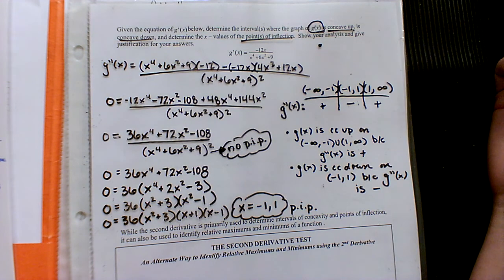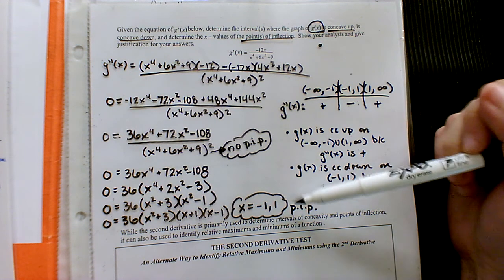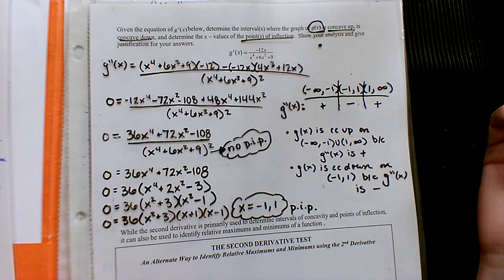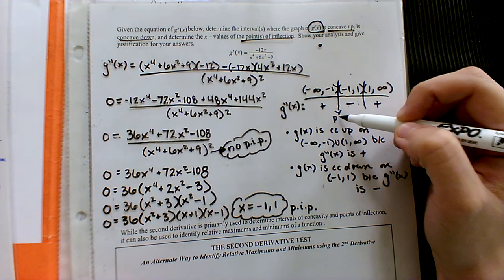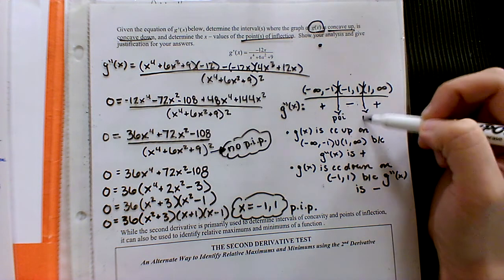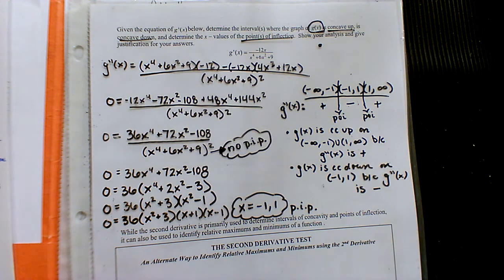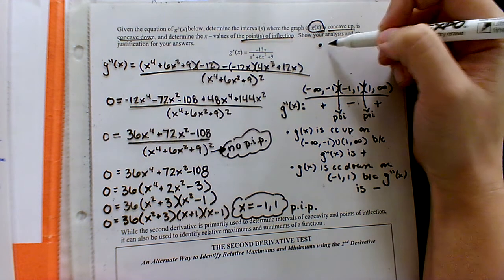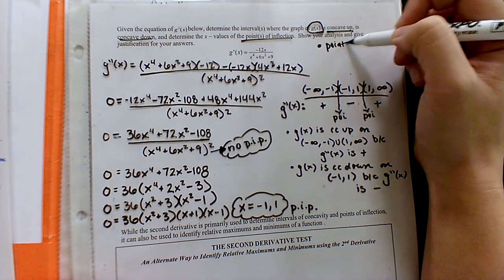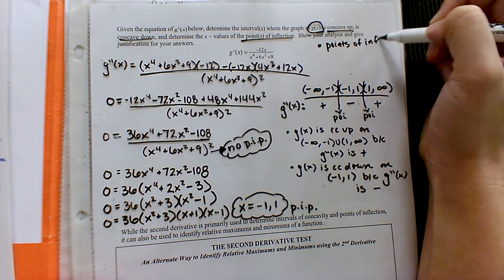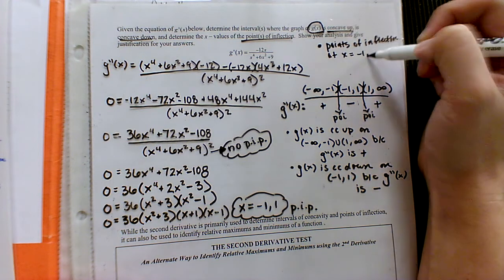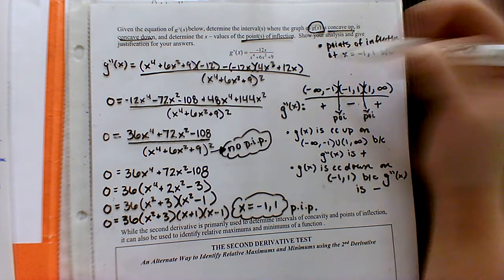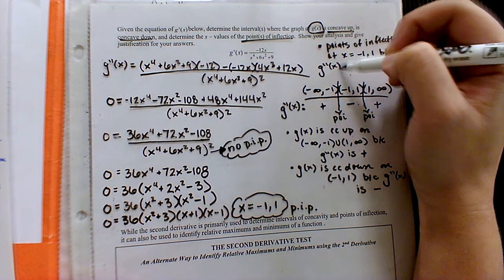Do we have any points of inflection? Remember, these were possible inflection points. Does our sign chart confirm if they are or not? Yeah. This is a point of inflection and another point of inflection. It's where the signs change. So we'll say points of inflection at x equals -1 and 1 because G double prime